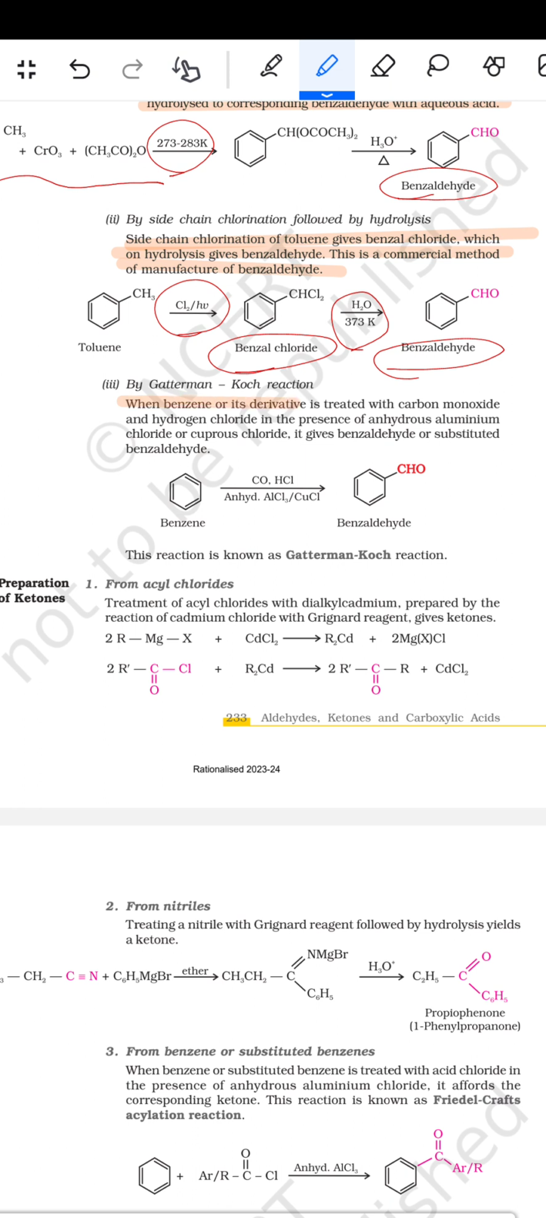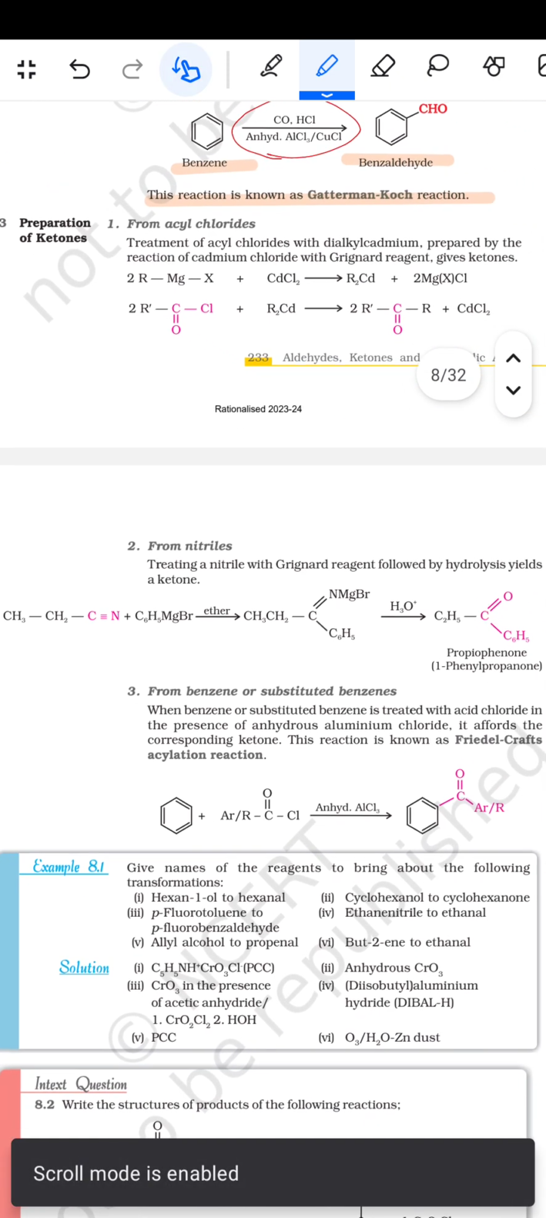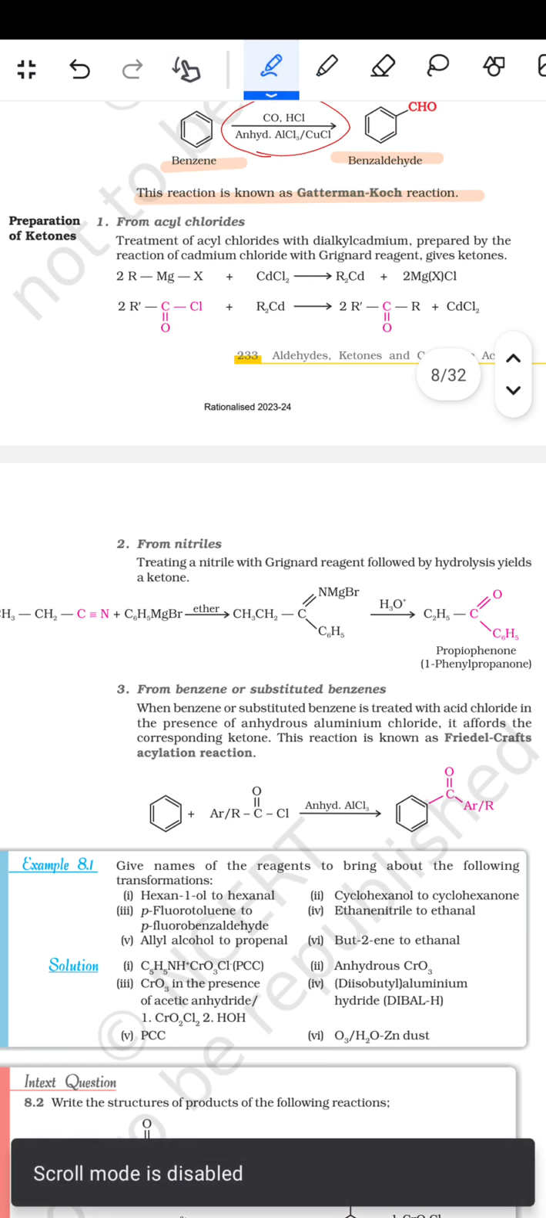उसके बाद Gattermann-Koch reaction. When benzene or its derivative is treated with carbon monoxide and hydrogen chloride in the presence of anhydrous aluminum chloride or cuprous chloride, it gives benzaldehyde or substituted benzaldehyde। जैसे बेंजीन के ऊपर CO, HCl, anhydrous AlCl3 और CuCl डालें तो बन गया बेंजाल्डिहाइड, यानी बेंजीन से बेंजाल्डिहाइड। और दिस रिएक्शन नोन एज द Gattermann-Koch रिएक्शन।